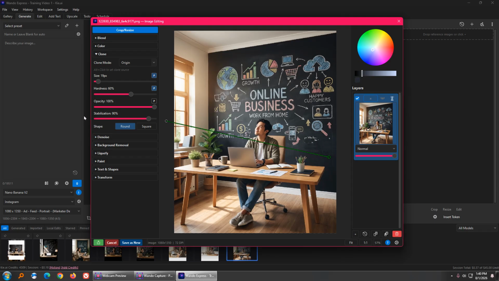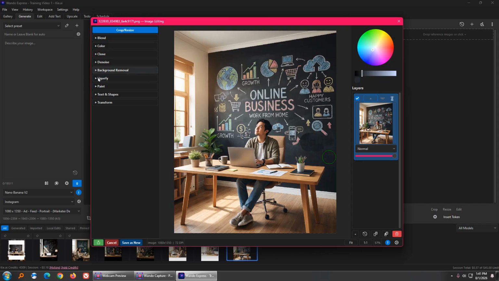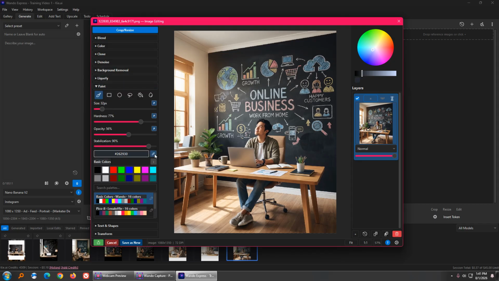And you can make the pixel size bigger, so if you want to erase a larger area quicker, you can do that. But with the clone source, you have to really watch where it's coming from. So that's one of the reasons that I really prefer paint over clone, because with paint you can select all the little pieces, right? So this big magnifying glass is showing you the color you're selecting. So like right here, if I want to select that white color right there, and then say I want to add something, I can